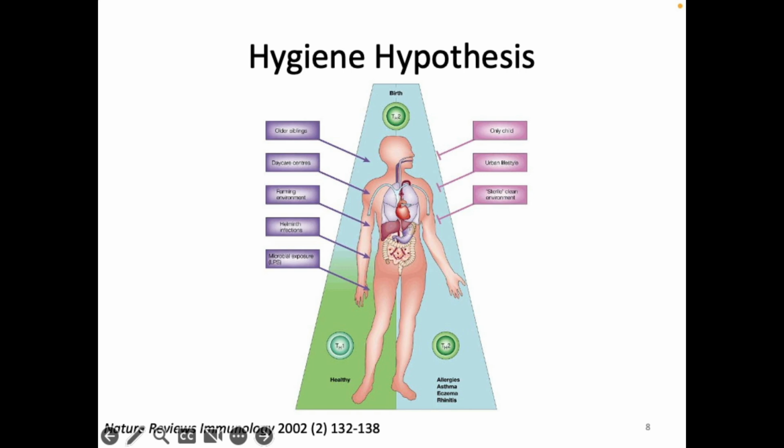You are less likely to have allergies if you went to daycare. You are less likely to have allergies if you grew up on a farm. And so all of these things together